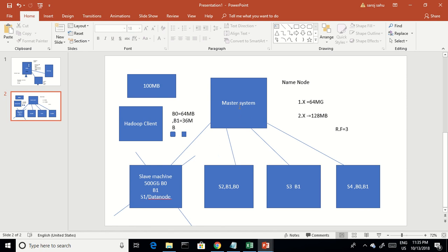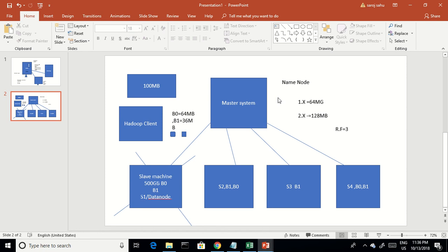So how does Hadoop, this master machine, know that it will pick this machine or that machine at this point of time? How will it choose? So what is the master machine? The master machine is the machine which will manage the cluster, which will manage the slave nodes. It has the name node daemon running in the system to make it a master node or name node.